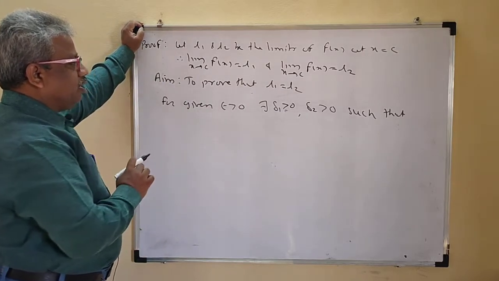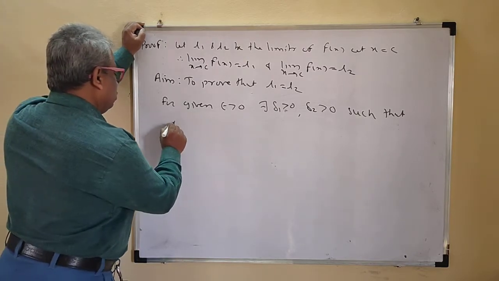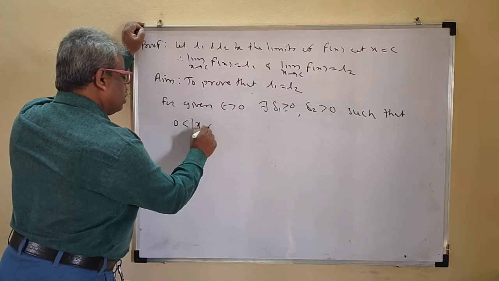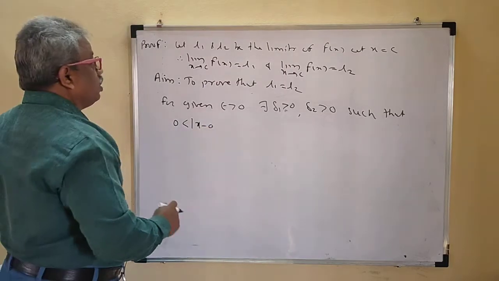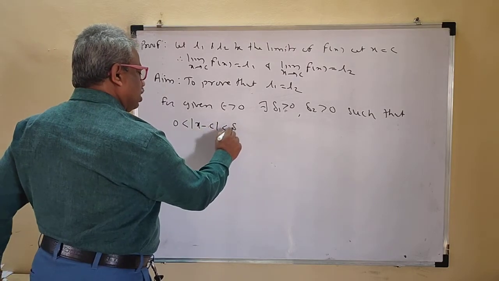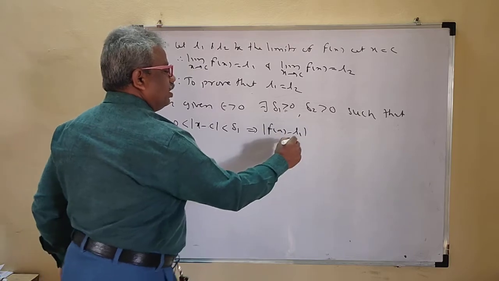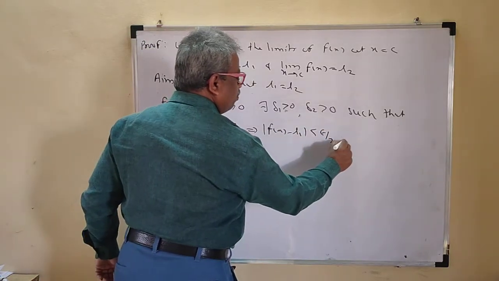We have to take both, because we are assuming that L1 and L2 are not the same. Such that 0 less than mod of x minus c less than delta 1 implies that mod of f of x minus L1 is less than,